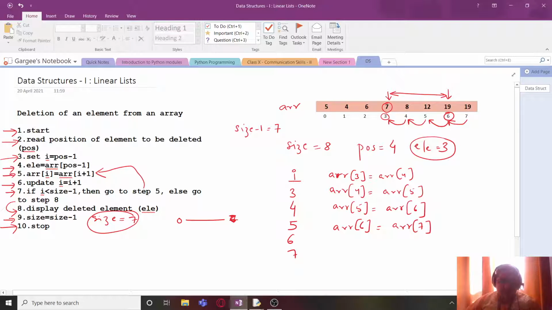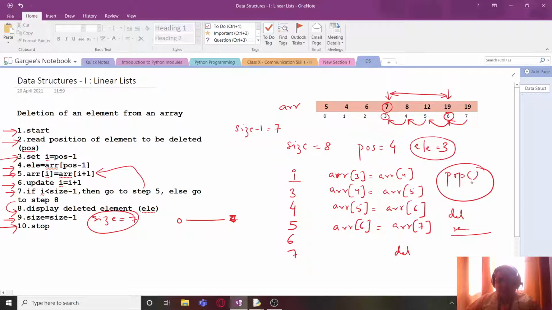But in case of Python we will have to use the pop function, because the pop function is used to remove the element. You can use the pop function, you can use the del function, you can use rem also, but we will use the del function here because del will remove the element which is at the end of the list.